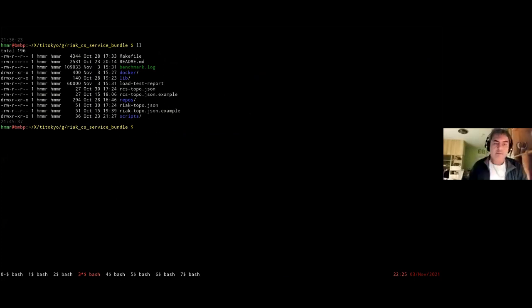The Riak CS suite is, as you probably know, a collection of components. That includes a Riak cluster, backing one or more Riak CS nodes for your round robin, and a node of Stanchion, and all of that needs to be brought up, configured, and started in an orderly fashion. I'm going to demonstrate how it can be done using Docker as a Docker service.